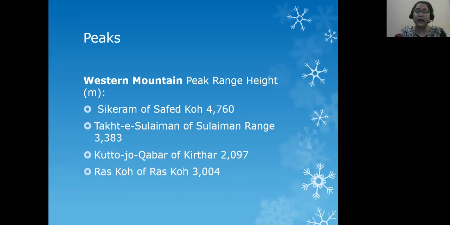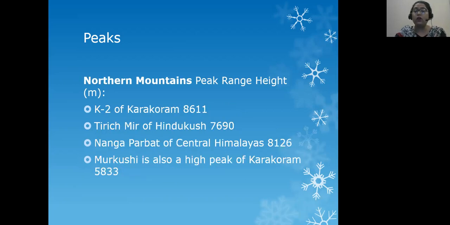Rakaposhi is the highest peak of the Rakaposhi range, 3,004 meters. So every mountain has a different highest peak. But if you compare the highest peak of the Western Mountains with the highest peak of the Northern Mountains, you will find that the Northern Mountains are much taller than the Western Mountains.